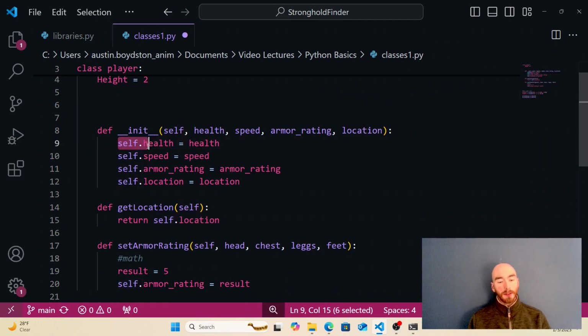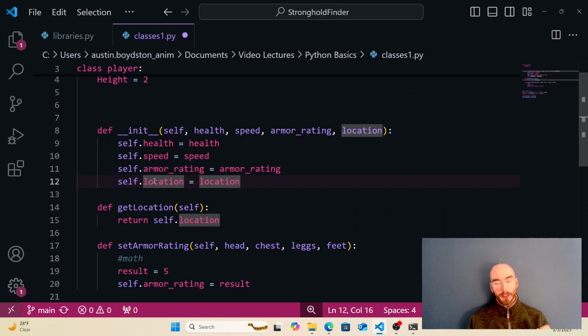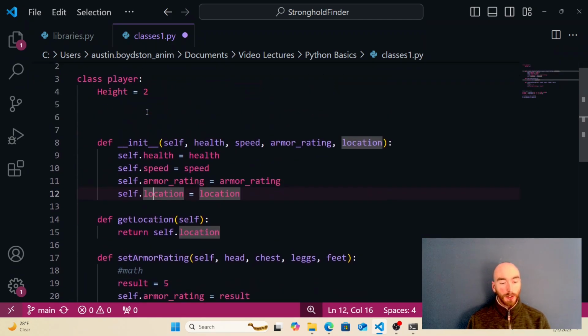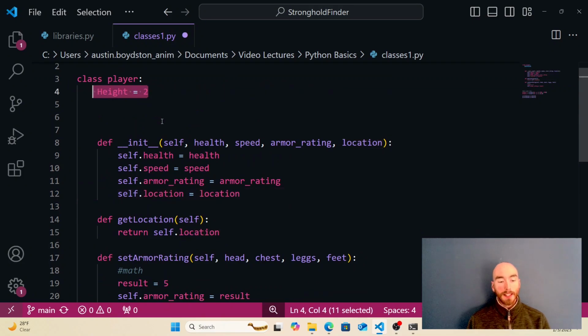So when we say self.health equals health, when we create this player, we're saying this specific player's health is equal to this. Their speed is equal to this. Their armor rating is equal to this. And the location is equal to this specific value. And this might be different from other players. The important thing to remember is that the reason we're doing it this way is because health can change independent of other players' health. So can speed, armor, location. And so that's the difference between a class attribute